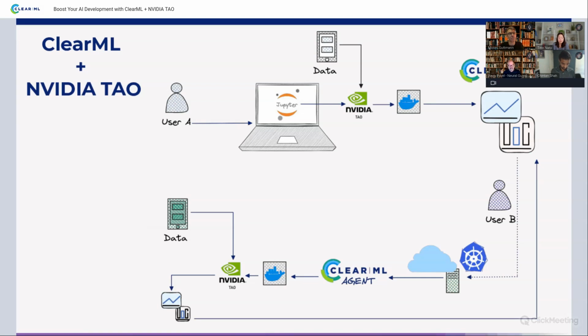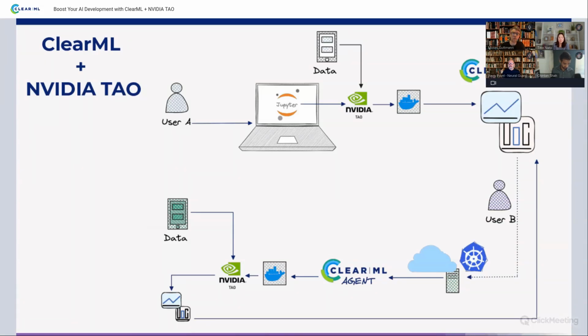The idea is the algorithms themselves, or the models themselves, are already baked into NVIDIA TAO, meaning you don't have to worry about the complexity of running your latest and greatest computer vision transformers, but concentrate on the data and the type of model that you're trying to train or to test out of the box. And NVIDIA TAO does everything for you in terms of packaging really the state-of-the-art capabilities.